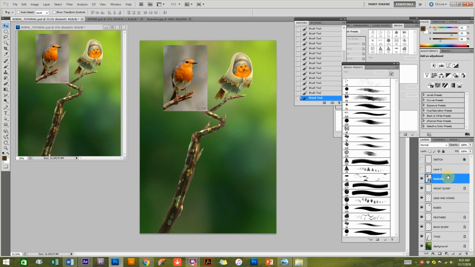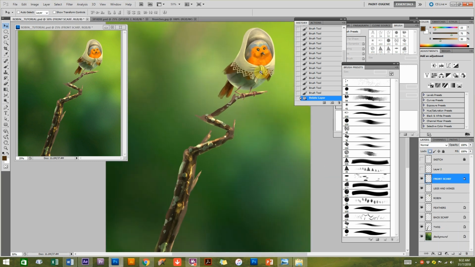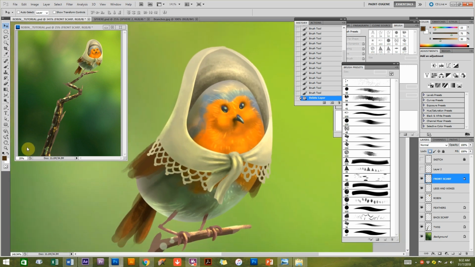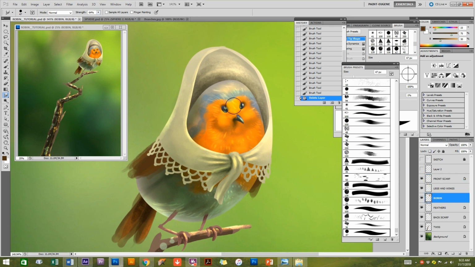Just one more last tip. If you don't want a solid shape like that for your bird, you want to give it a bit of feathers. One tip you can use is the smudge tool, which is another new tool I'm introducing to you. I'm going to use the smudge tool with a hard brush on quite a reasonable strength, probably above 50. I'm going to go to the robin's layer and make it really small so that when I smudge it out,